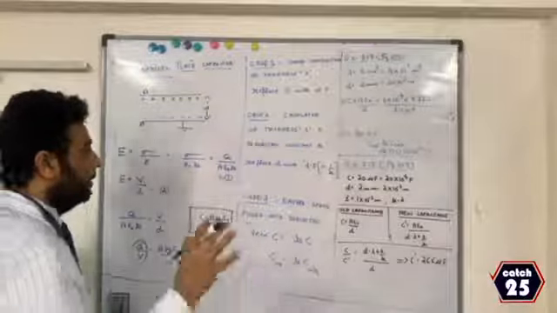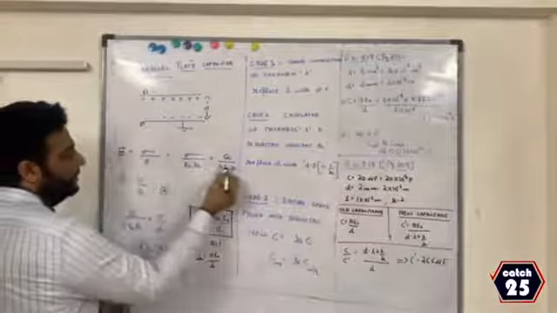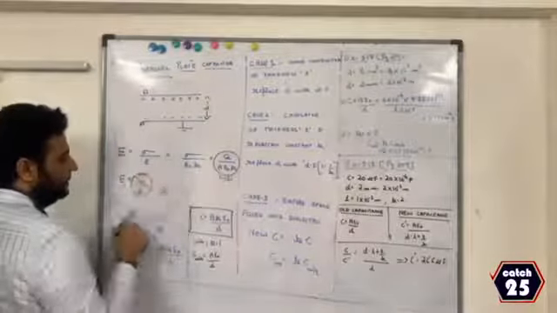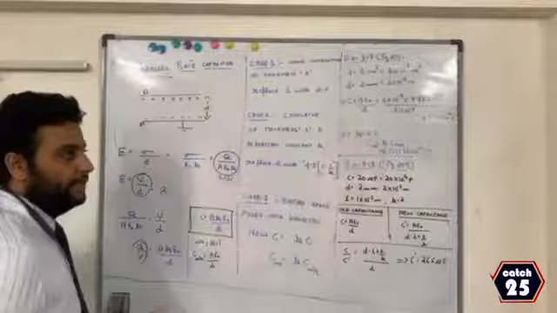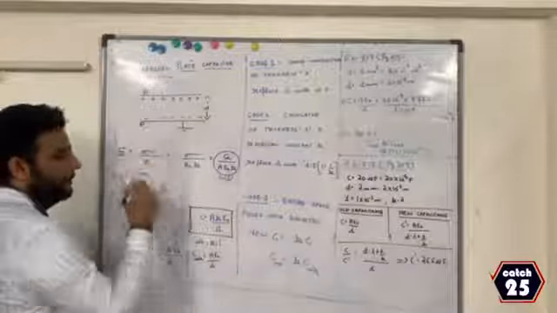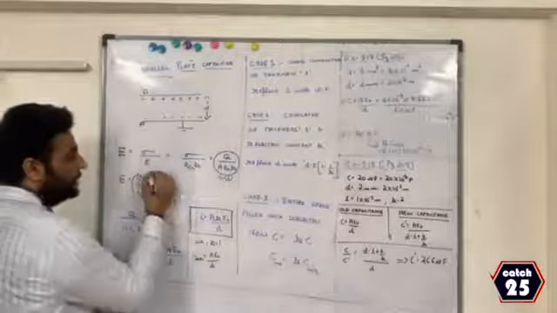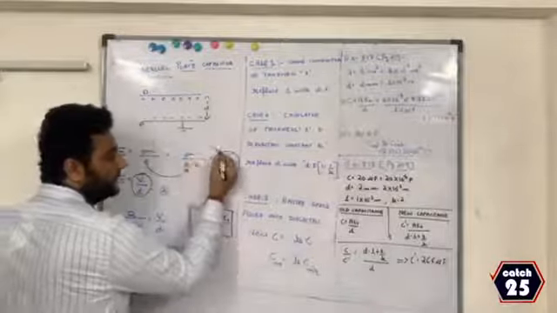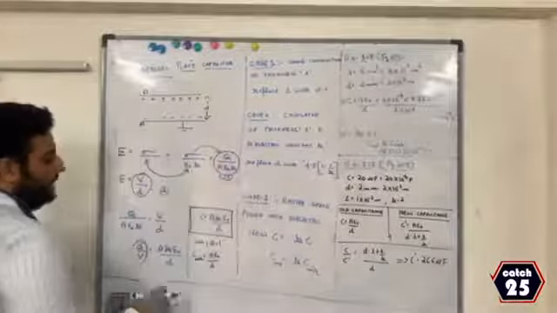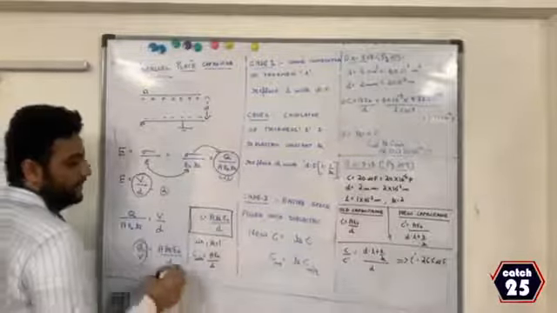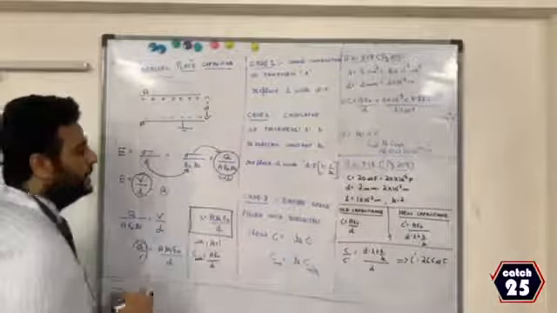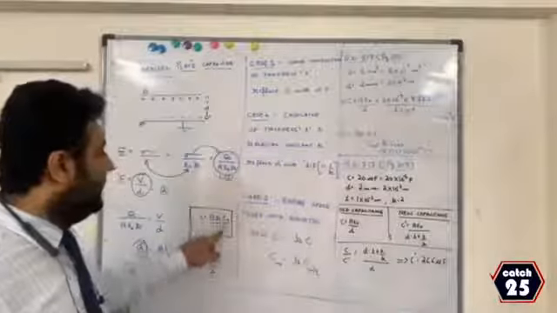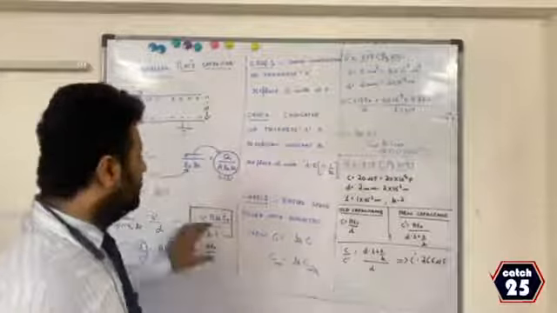Let me repeat the two equations. E is equal to this, E is equal to this. Then just compare these two and you'll get the answer. Please remember, you should know E is equal to sigma by epsilon first. You should know epsilon is epsilon naught K. And you should also know sigma, surface charge density, is charge upon area. Next, you should know Q by V is C. Therefore, from now, if they ask you in general, what is the formula for parallel plate capacitor? It is A K epsilon naught by D. Now, this is my formula.